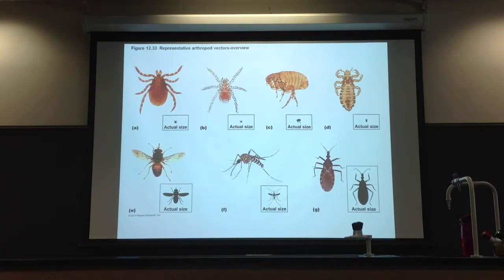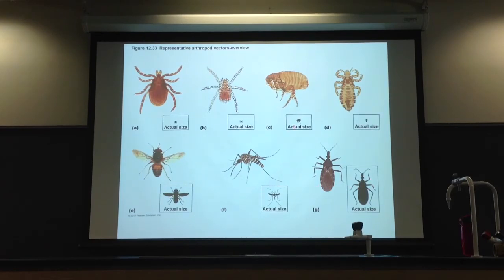B is the mite, right? That's right. So B would be the mite, A is the tick. They look very similar. You have a flat body, a little head, and 8 legs. This one, 1, 2, 3, 4, 5, 6, his little legs must be under him, because they both have 8 legs. Now, all the rest of these are insects. They have 6 legs. You can see their actual sizes.